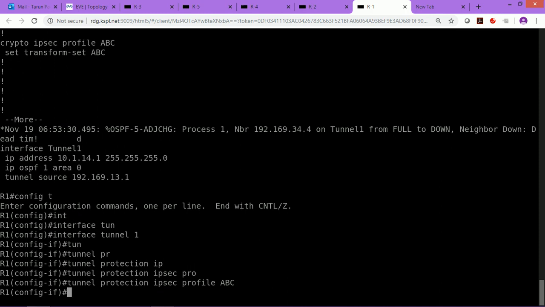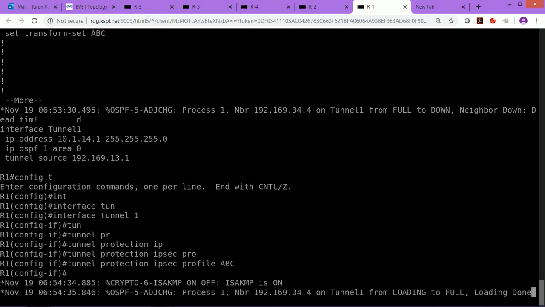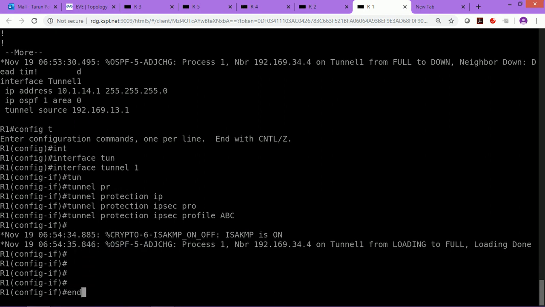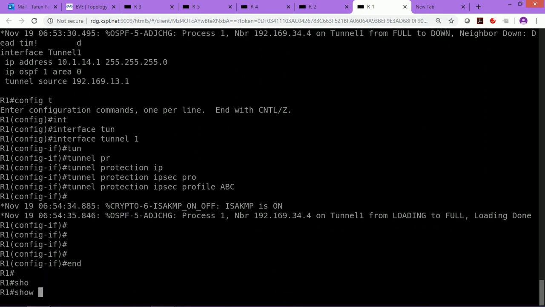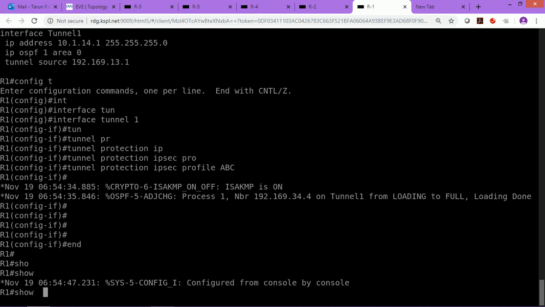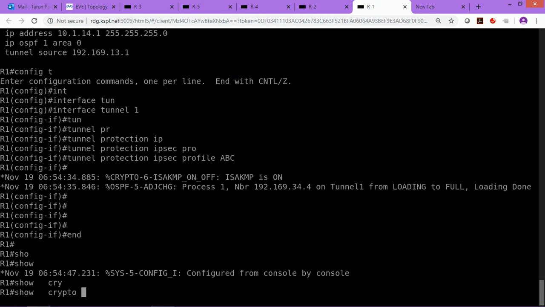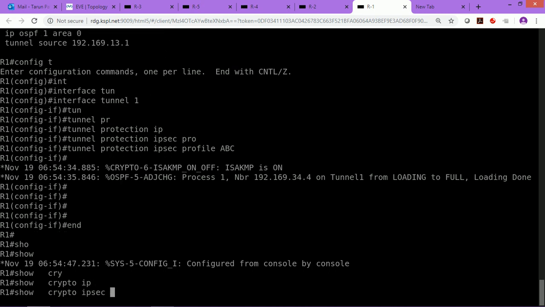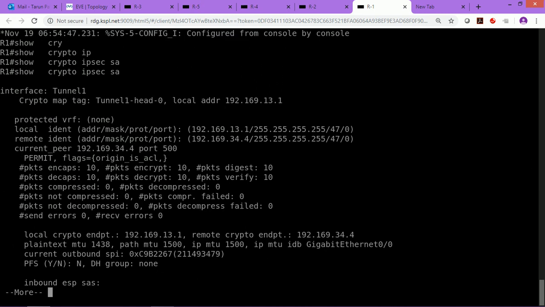If everything is fine, once again, okay, the line protocol is up for this tunnel, and since tunnel mode is also encrypting, show crypto ipsec